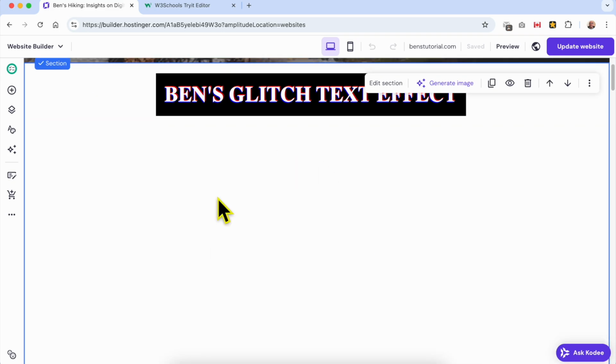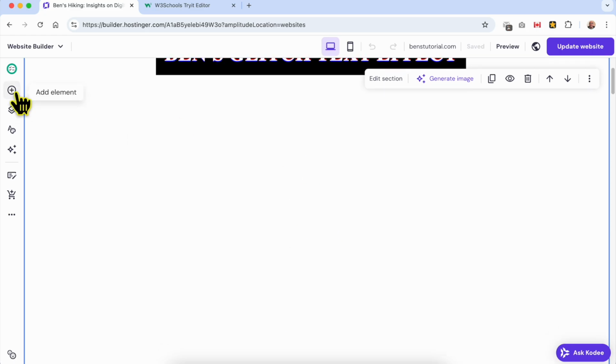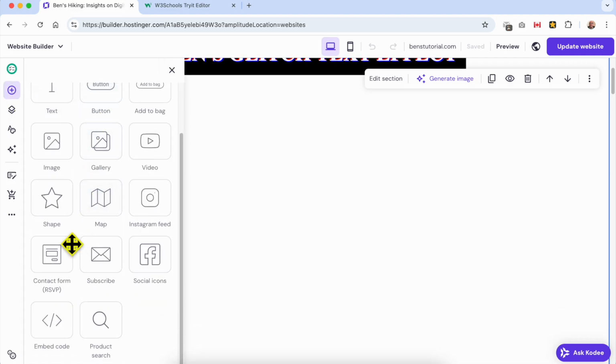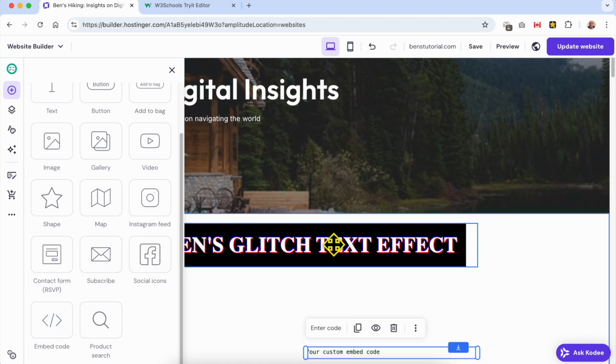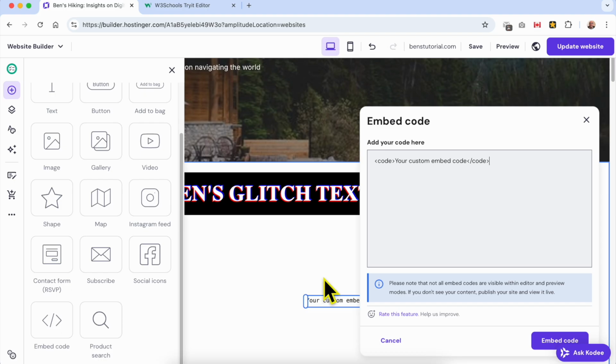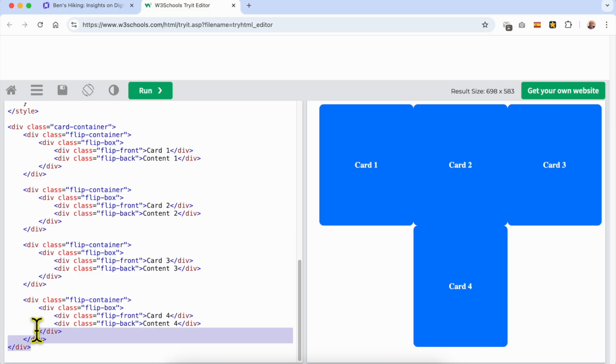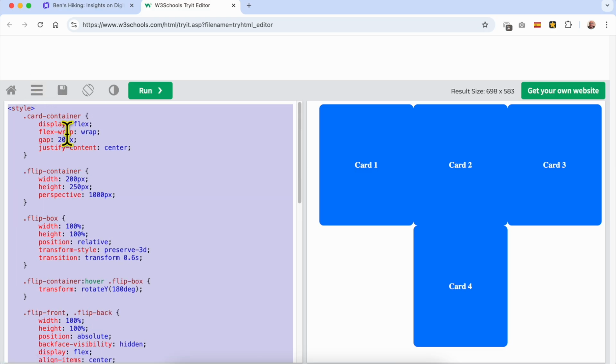And this is the blank space where I will add my flip cards. Click on Add Element from this left sidebar and scroll down to the bottom. Drag and drop this element called Embed Code, like that. Click on Enter Code, delete this existing one, and copy the code I will share with you in this video